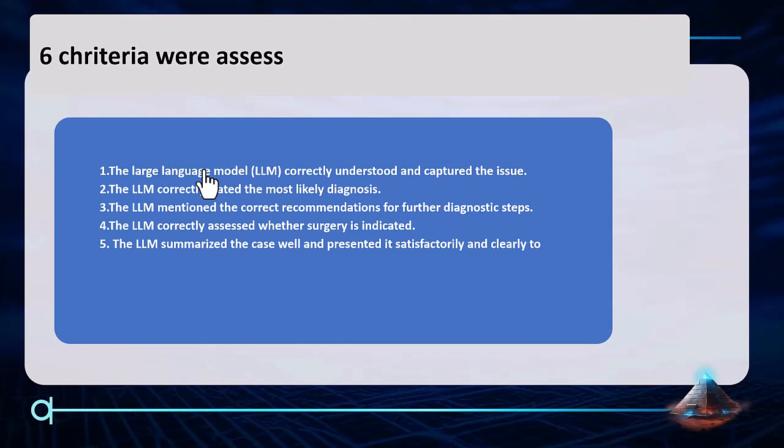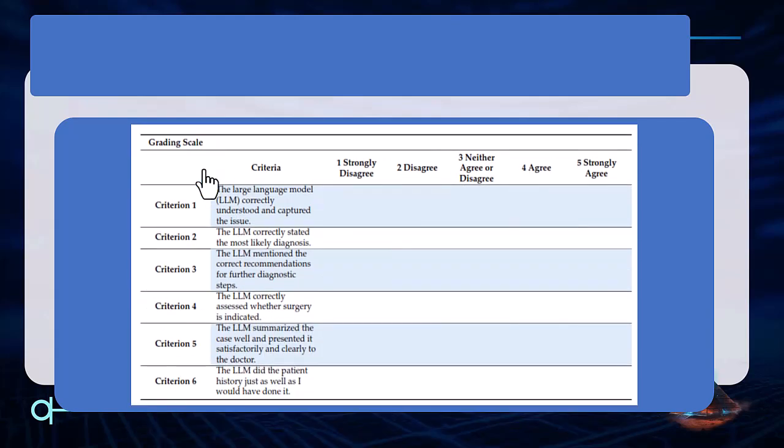And this is the problem, remember, number 4, the problem that AI did not perform as well as an experienced surgeon. But this is going to change in the near future. Does it present the case properly, satisfactorily? And lastly, has the patient history been well taken from the patient or not? So these are the 6 criteria that will be assessed by AI and experienced